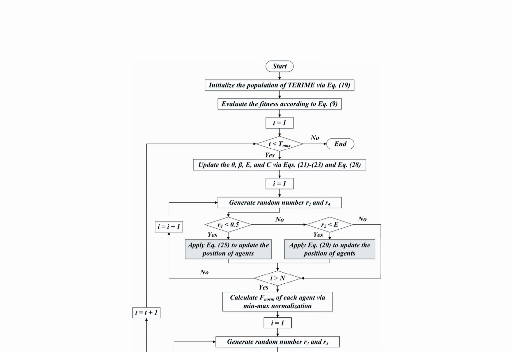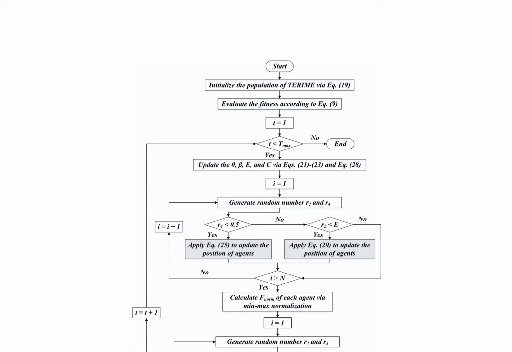The proposed TERIME algorithm is applied to 3 different photovoltaic (PV) systems in this section of the research paper. The datasets used are widely recognized in the literature for assessing parameter estimation techniques for PV models. The first dataset, a commercial solar cell from RTC France, has a diameter of 57 mm with IV data recorded at 33 degrees Celsius under full illumination. The flowchart of the TERIME algorithm, provided in Figure 2, illustrates the process of parameter estimation for the PV models.